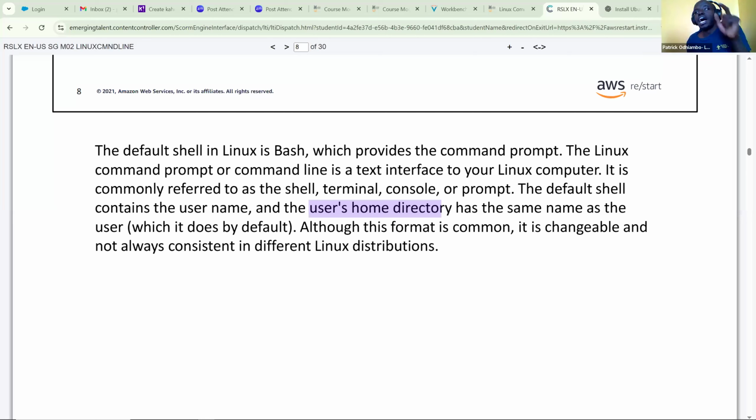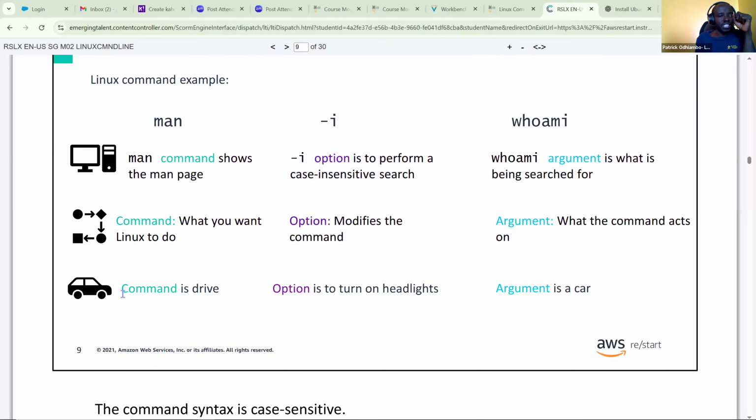Fish is a small and user-friendly command line shell for Linux, macOS, and the rest of the family. So it is there.